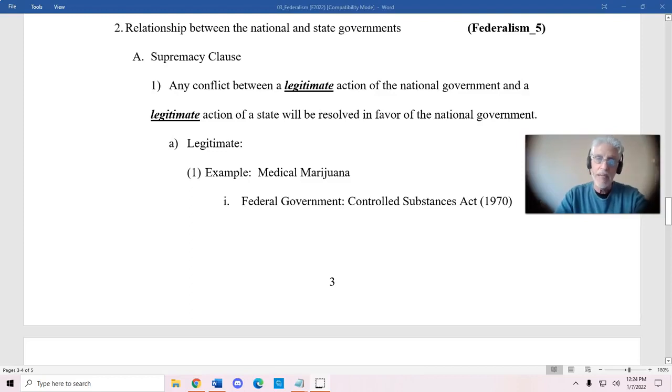In this video, I'm going to begin by focusing on the relationship between national governments and state governments. And if you go back to our original discussions in the Assessing Democracy lecture videos, when I described the difference between unitary, confederate, and federalist systems, the shortcut that I use to describe a federalist system is N is greater than or equal to S, denoting that the national government in some cases is greater than the state governments, but sometimes